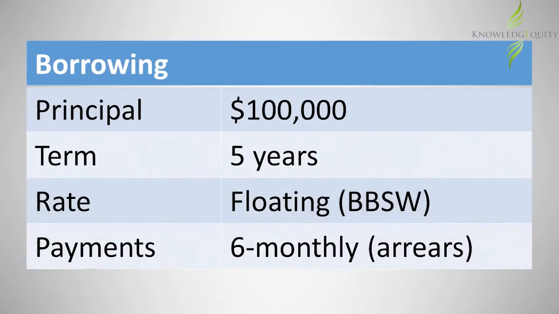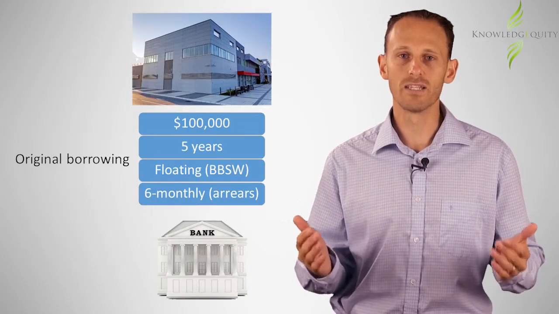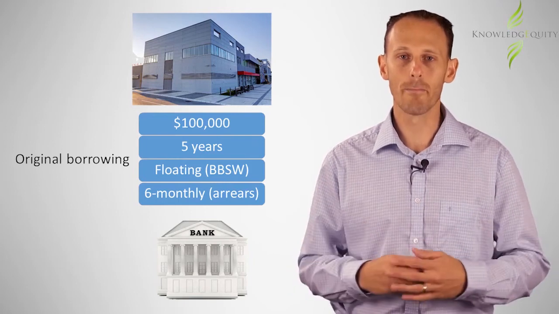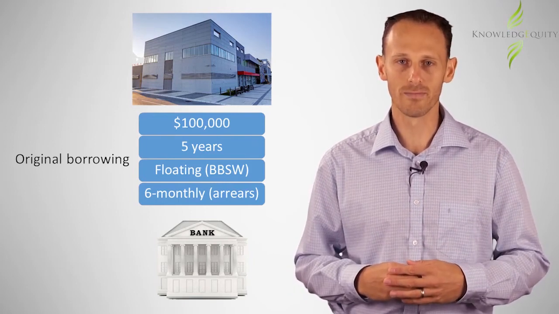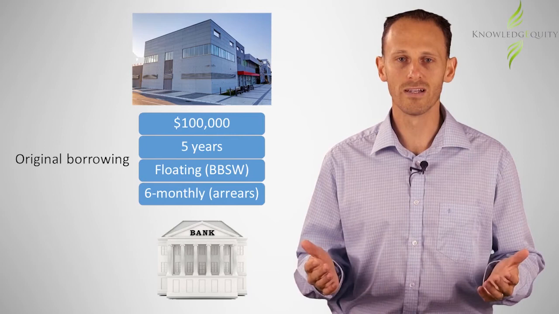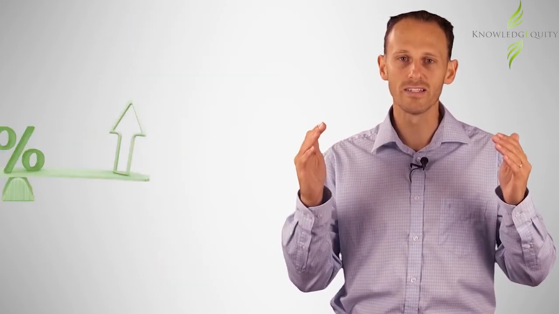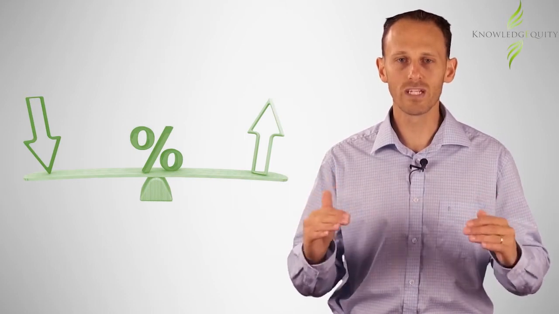Consider an organisation that has a $100,000 floating rate borrowing in place with a term of 5 years. The organisation is required to pay interest 6 monthly in arrears at the current bank bill swap reference rate. However, the organisation is concerned that interest rates will rise and it wants to lock in a fixed rate for